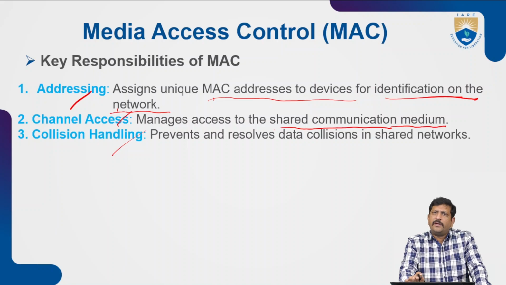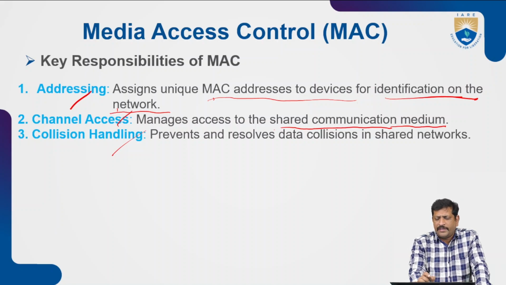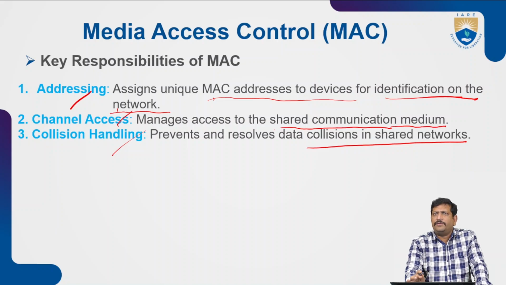That means the performance of the data rate can be increased. The bulk amount of the data can be transferred. Collision handling: generally, collisions can be prevented and resolved in shared networks. That means if two sources are sharing resources and coming from opposite directions at a particular point,